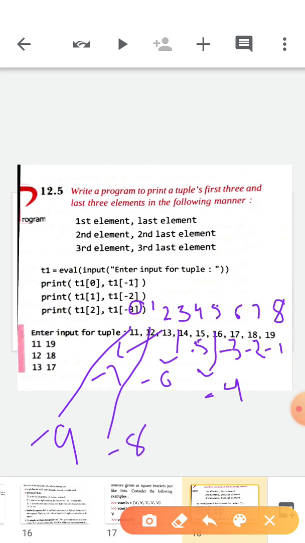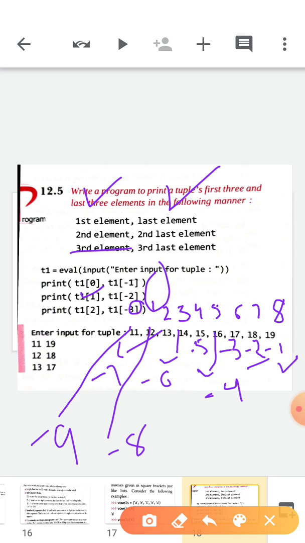Okay, so you want the first element and the last element. How can you do that? The first element is at 0 position and the last element is at -1. So you can write T1[0], T1[-1]. Then you want the second element and second last. The second element is at 1 and the second last element is at -2.